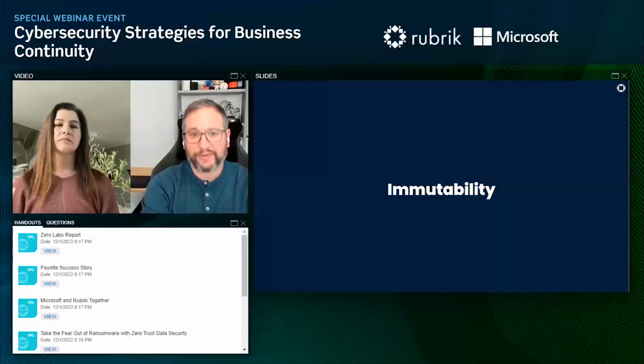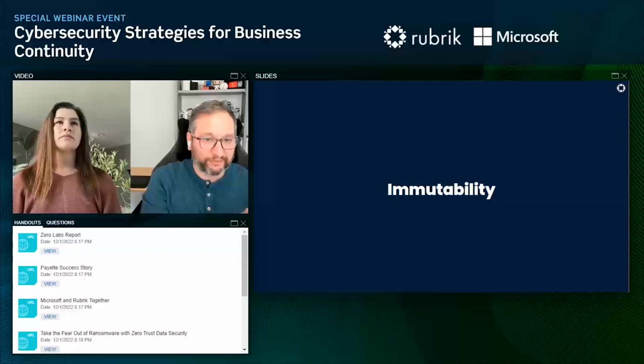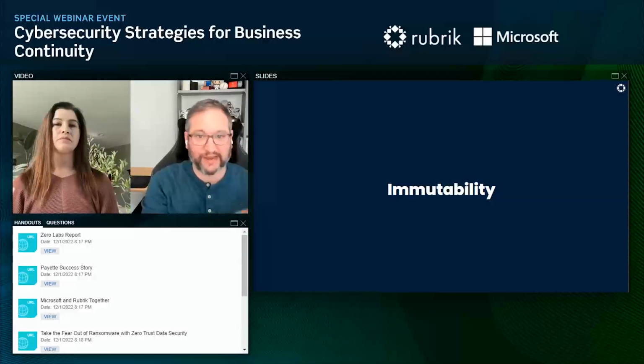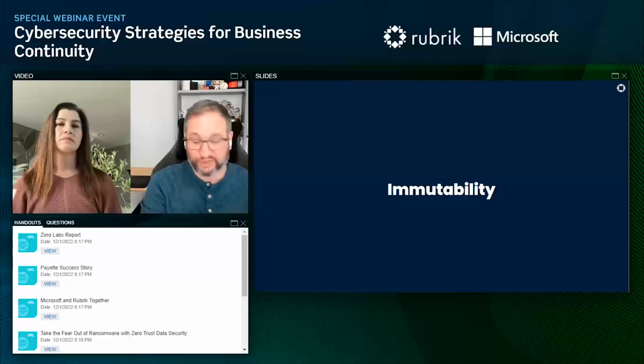So if you think about backups as your last line of defense, which you've probably heard time and time again over the last few years, and it's completely true, backup data becomes ultra important, especially when you think about recovering from a cyber attack or when you need to call in your BCDR plan into action. And so you need to make sure that data is secure, it's immutable, right? You need to know that it's good data. And ways to do that are making sure that data is immutable from the start.